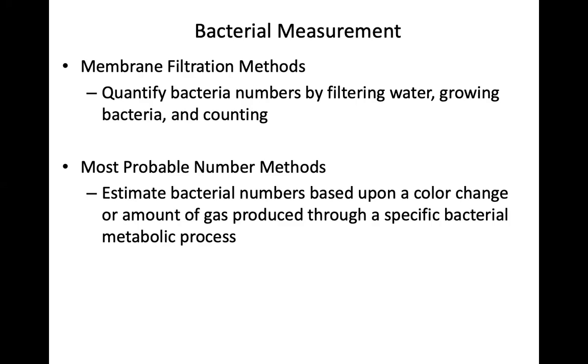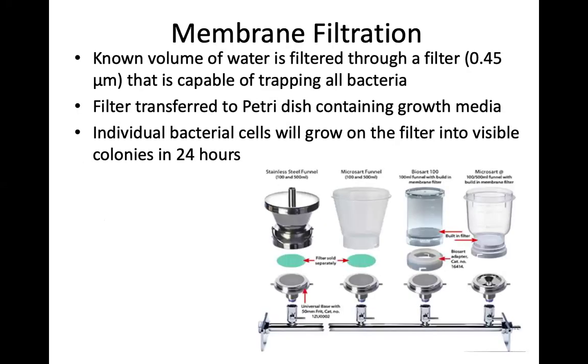Or there's also the most probable number method, where you can estimate bacterial numbers based on color change or amount of gas produced through specific bacterial metabolic process. You will go through all of that. Let's start with the membrane filtration method. Assuming you have a known volume of water, let's say 200 mils, and you want to determine the